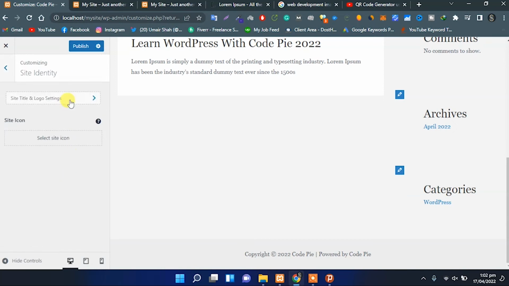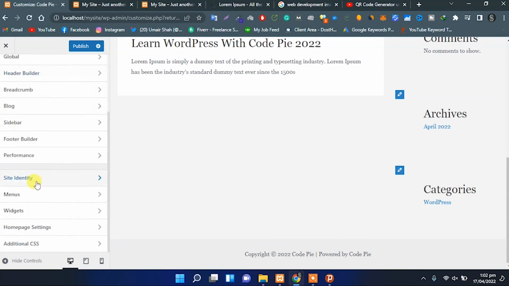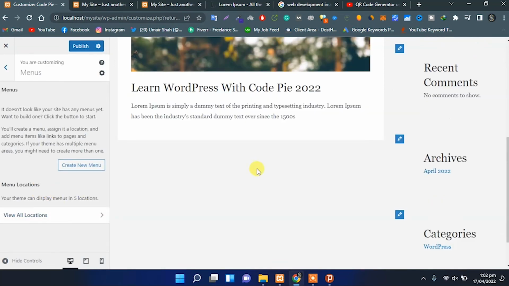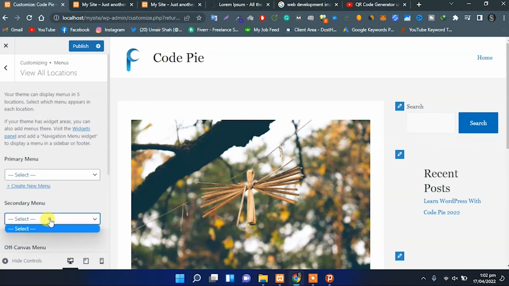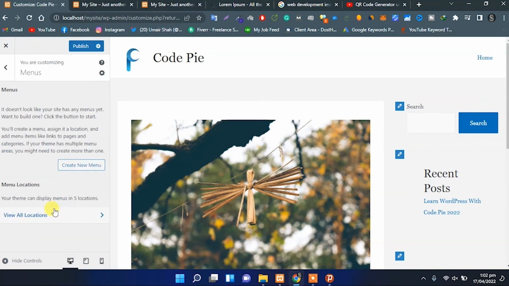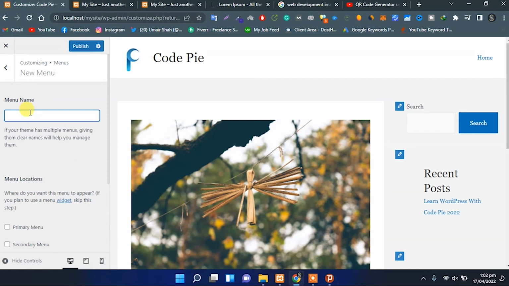Then we can set the site identity. From here we can create a menu which will show at the top of that site. So we will do all the menu. At the time there is no menu, we will create a menu, provide the name of the menu,